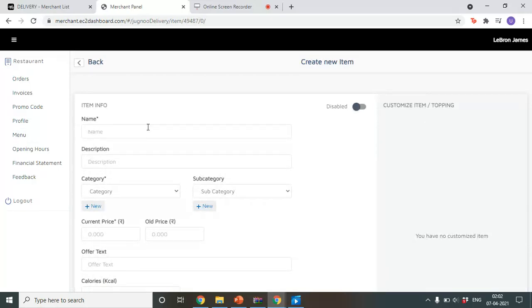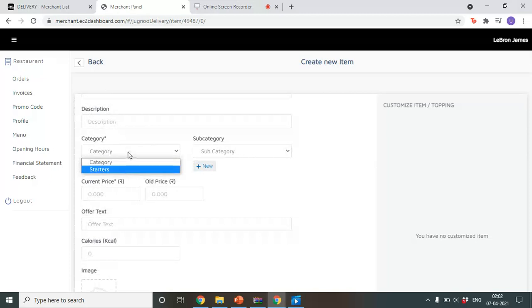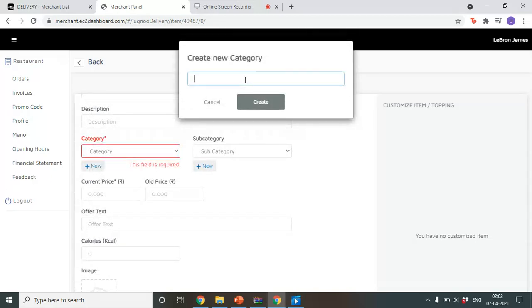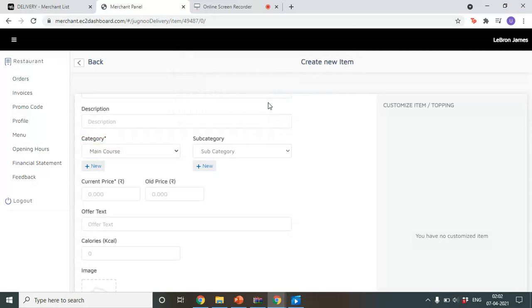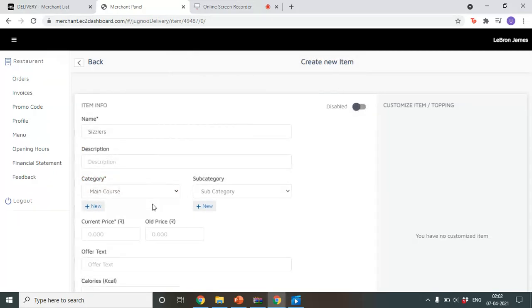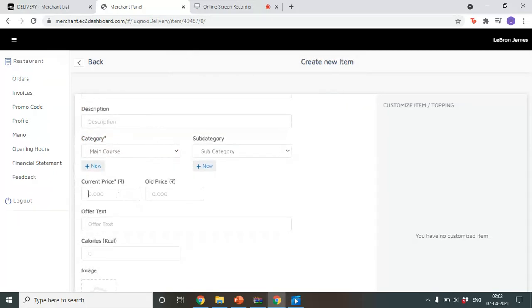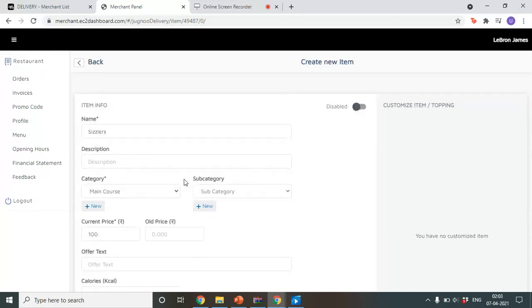For example, I'm going to add sizzlers here. It will be under a new category, so we can create a new category here as main course. You just need to click on create and it will be added to main course. The current price we can put as 100 rupees or maybe $100, whatever the currency of the client is.